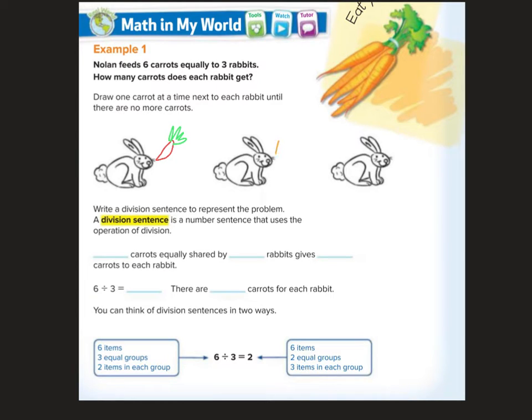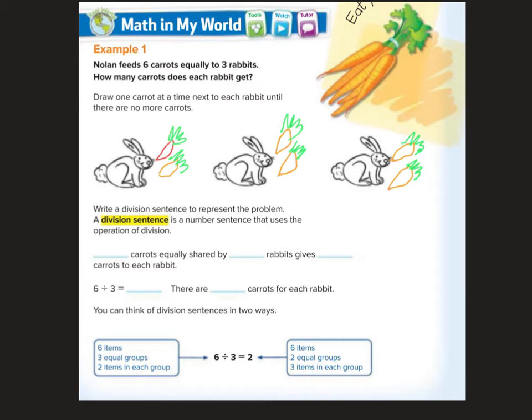Okay, 1, 2, 3, 4, 5. Use your imaginations here, guys. I know these are not good carrots. 6. So if I have 6 carrots and I divide them equally among 3 rabbits, each rabbit will get 2